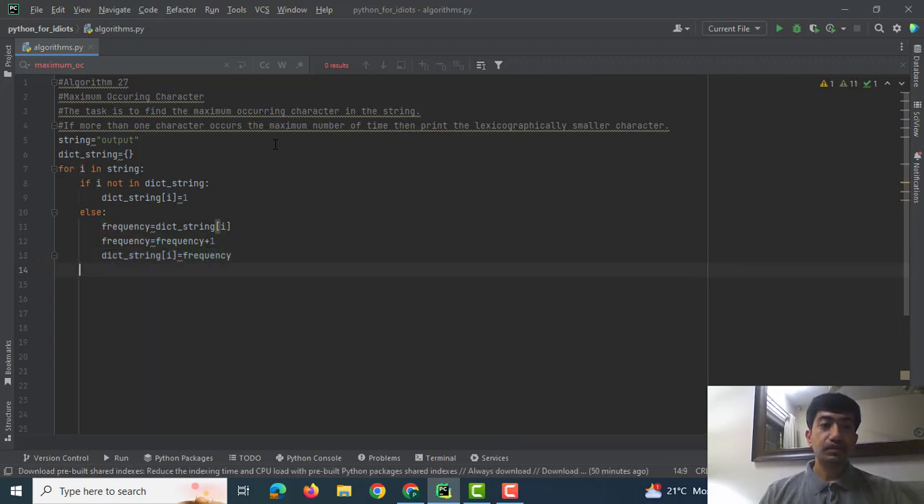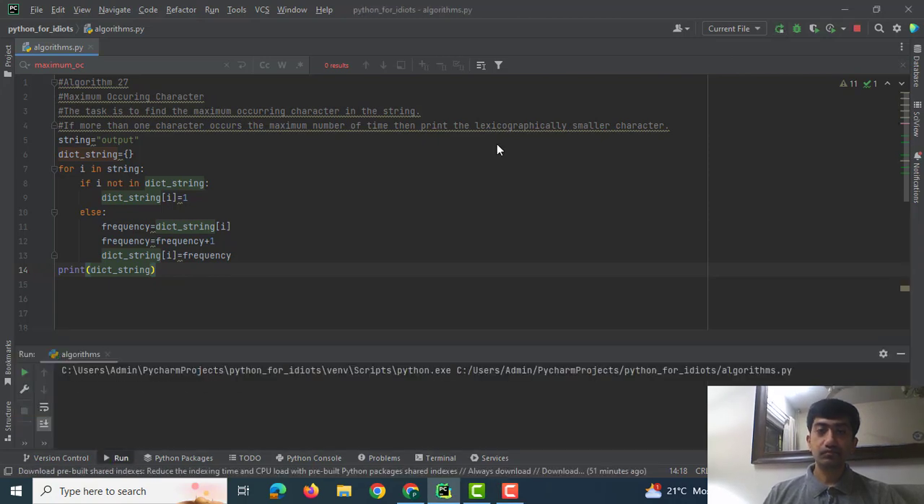Okay, now if I print the dict string, as you can see, O is printed one time, U is printed 2 times, T is printed 2 times, and P is printed 1 time. From this we can say that U and T are twice printed. So moving forward,